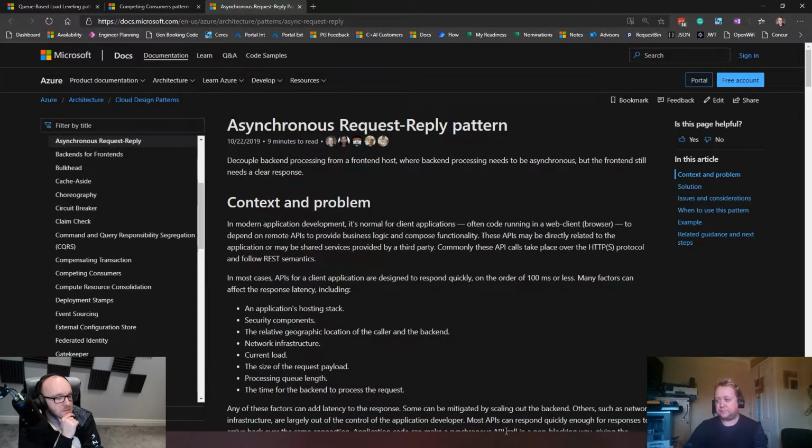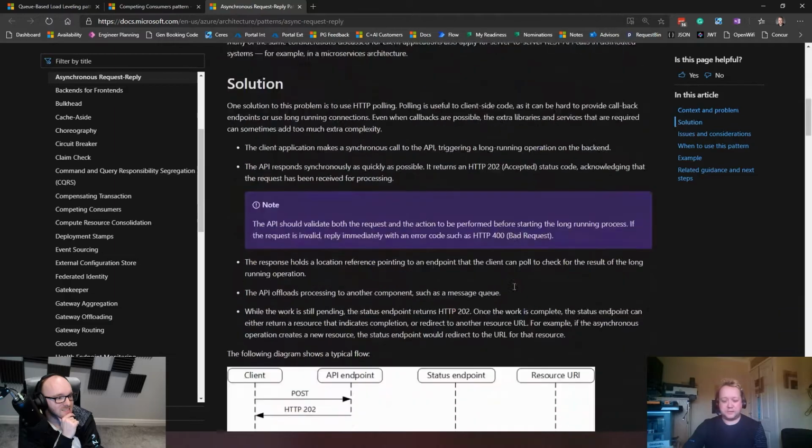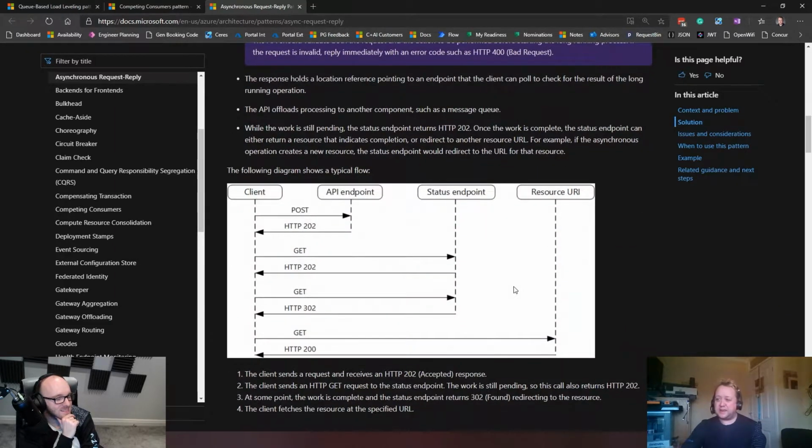Right. The fastest way to describe this is with a picture. And we actually have 2 pictures here. This one is showing you the flow, which to all intents and purposes is a very technical diagram showing we actually make a call to the API. What comes back is an accepted response, not an OK. So it just says, yes, we've queued it. And then we poll this status endpoint over and over again, so we know either it has or has not responded. If it hasn't responded, we get another 202. If it's still not complete, we get another 202. So I don't know at this point whether I've got a ticket or not.